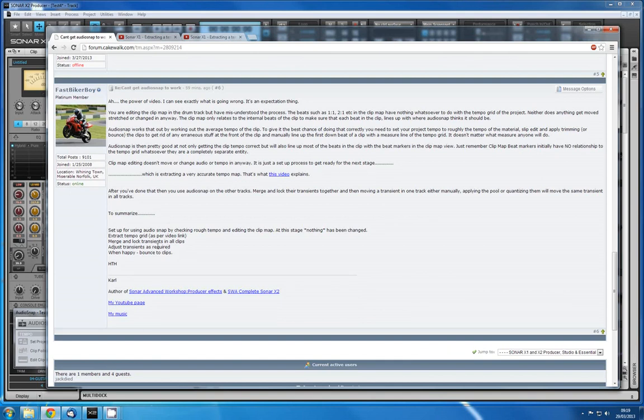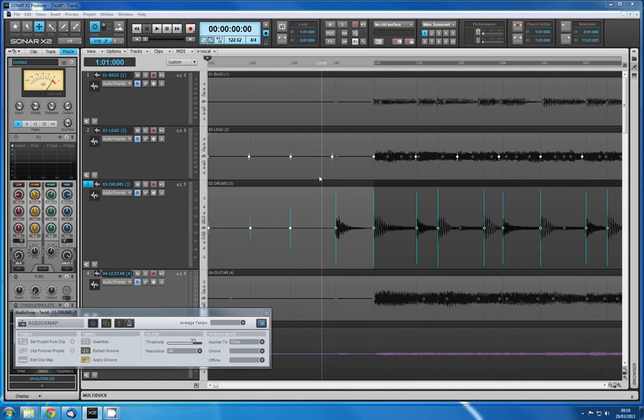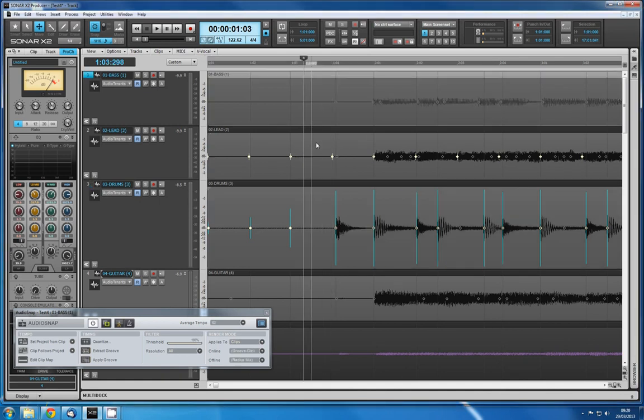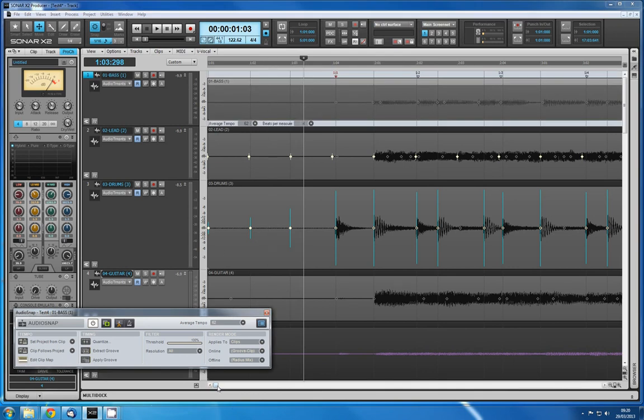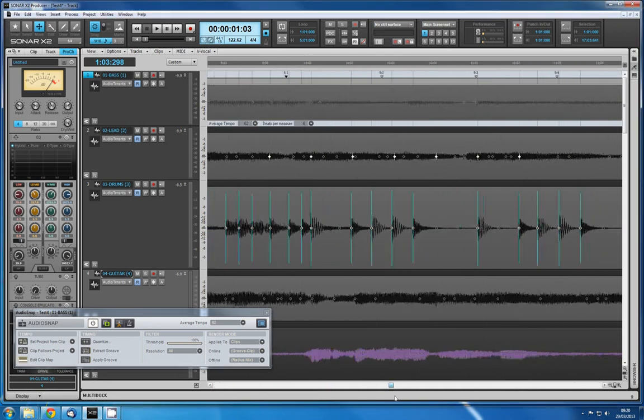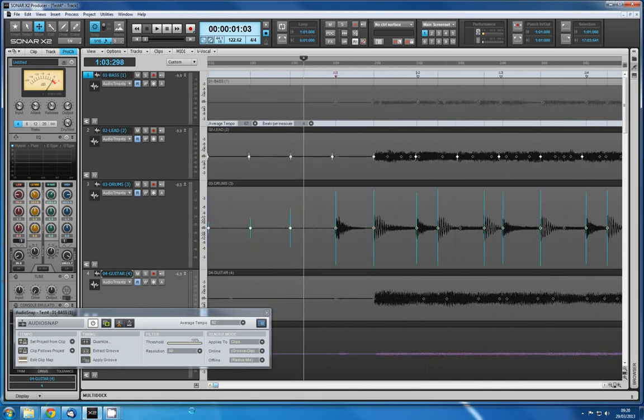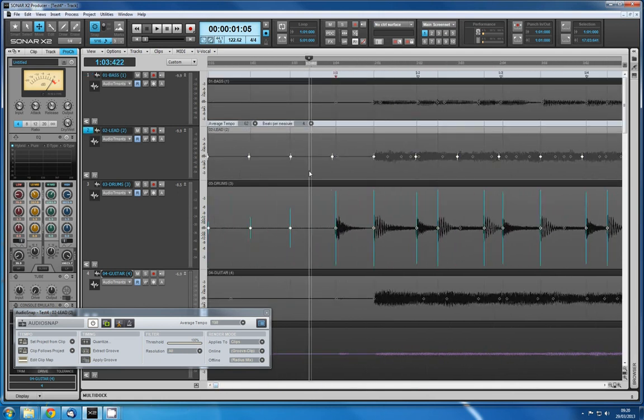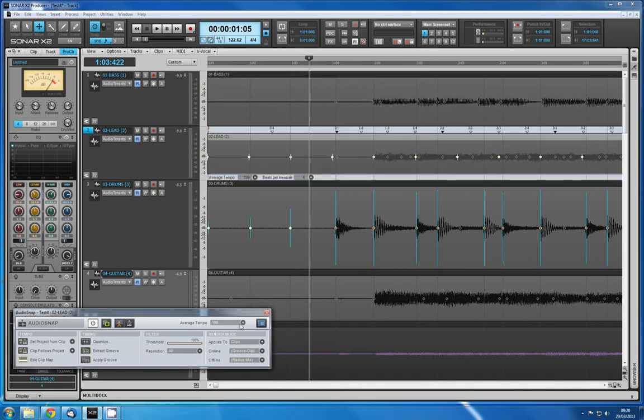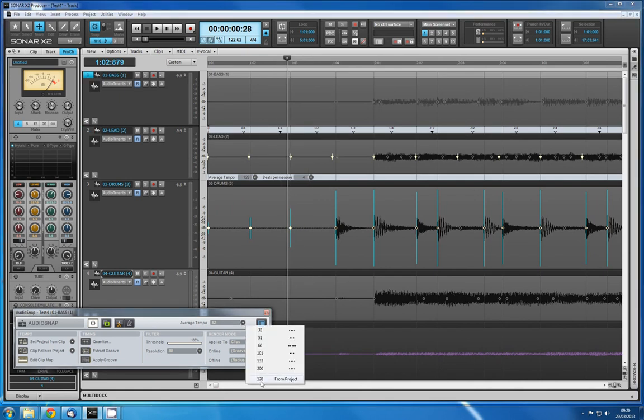Where I'm getting a bit stuck is this merge and lock transients in all the clips. So if I go through all the clips here and edit the clip map, I've got the threshold set to 100% so that no transients are detected, or supposed to be not detected. But if I go to this one from the project, again from the project,